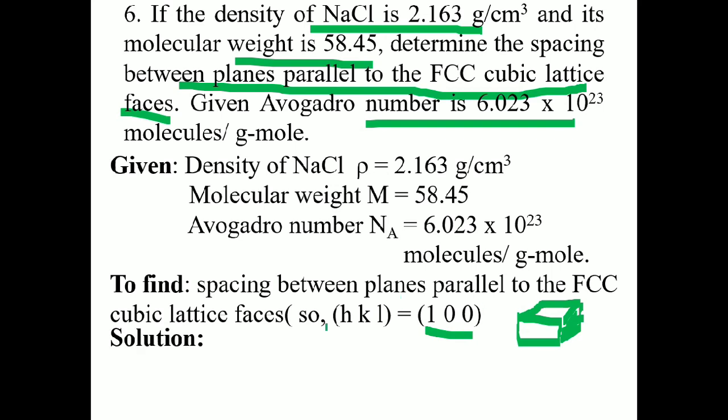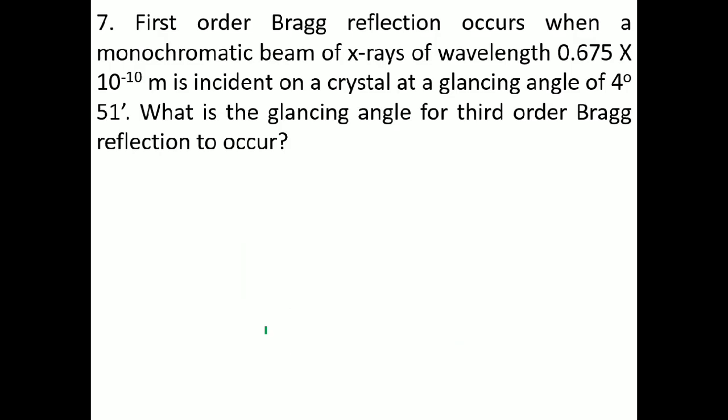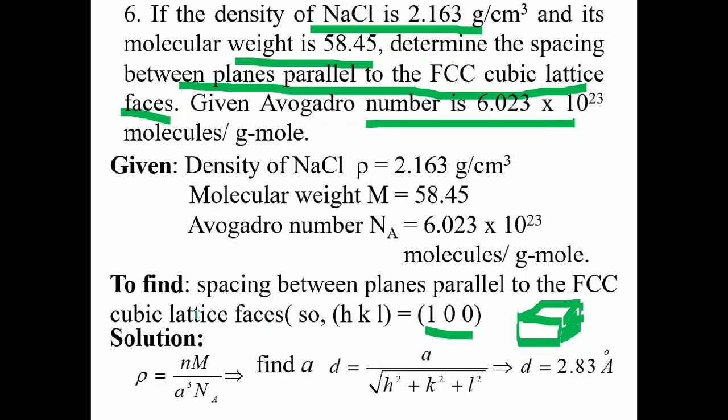And now you can calculate density. Density is given, you find out a from this equation. On rearranging, a cube will be equal to nM by N_A. M is given, substitute it as 58.45. N_A is also given, substitute it. Small n for FCC, the number of atoms per unit cell should be taken, that is how much? 3 plus 1, 4. n should be 4 here. It is not mentioned in this problem. n should be taken as 4.